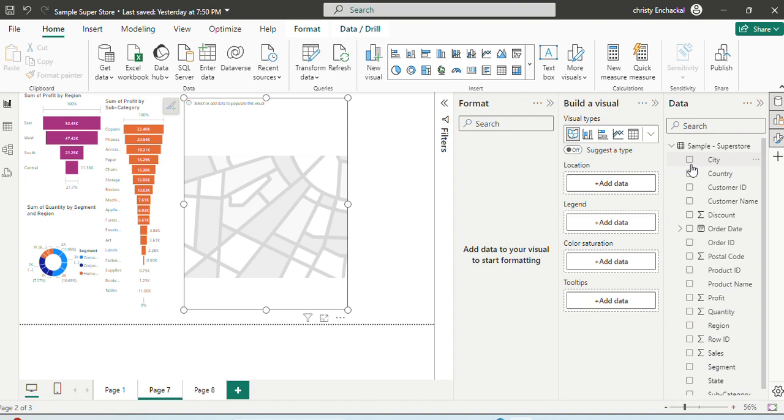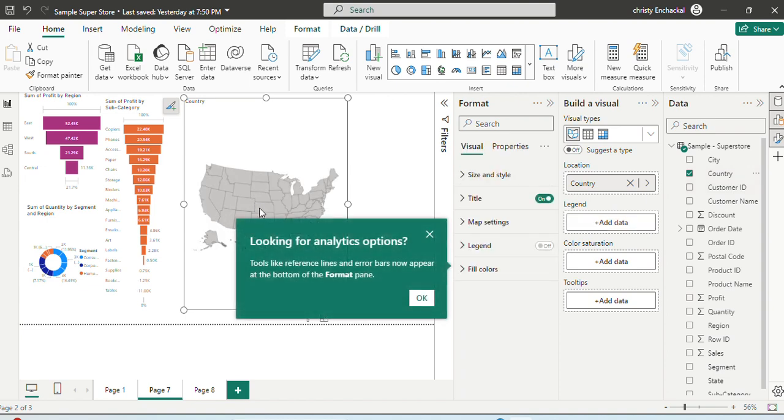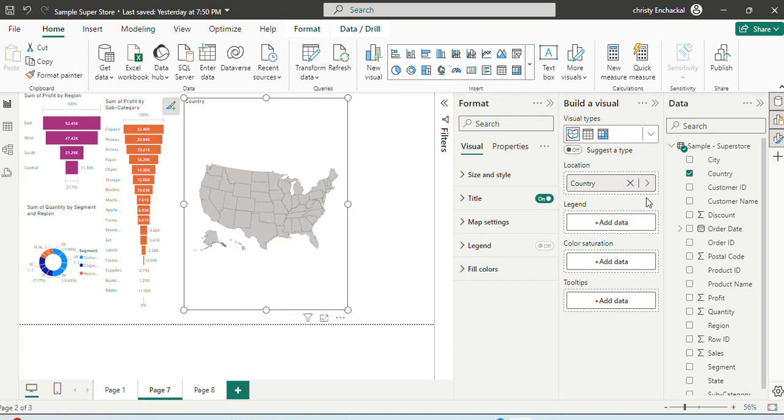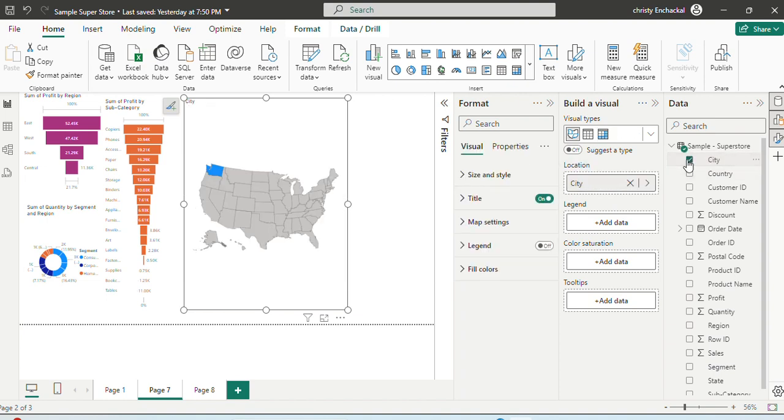So now let me add country. As you know, the country is United States. It will directly select the United States as the state. Okay, now let's remove it and let's add something like city over there. So such cities are needed to be selected. Now moving on,